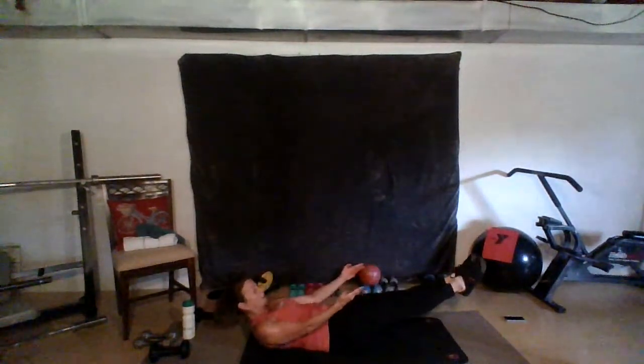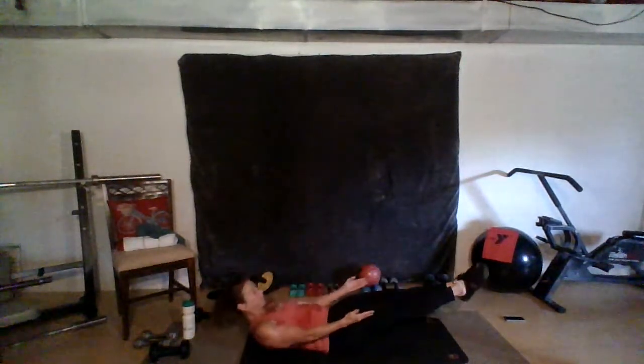So we come down in our dead bug position. We're going to extend both arms and legs. And we're going to come up into a V-sit. Okay? There you go. Hollow body. I think I'll do it with my hands here, so I'm not using my arms as momentum. 3,